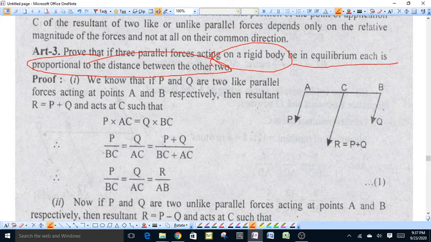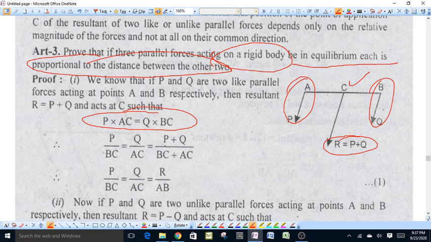Suppose P and Q are two like parallel forces acting at points A and B on the rigid body, and suppose their resultant R is equal to P plus Q at point C. Then, as we discussed in the previous article, this C will lie on the line joining AB such that P into AC is equal to Q into BC, or we can write it as P upon BC is equal to Q upon AC, and by using